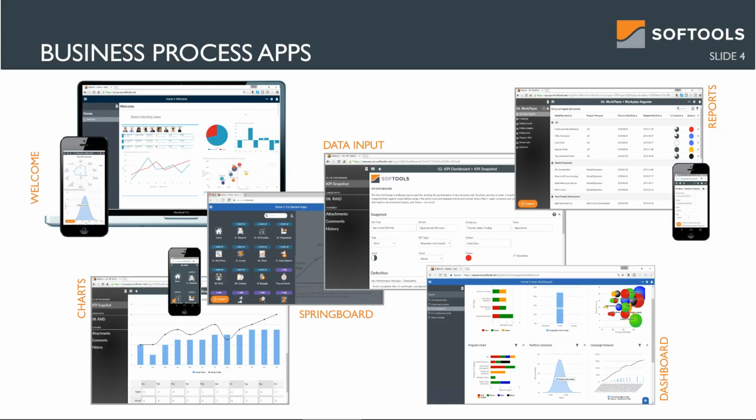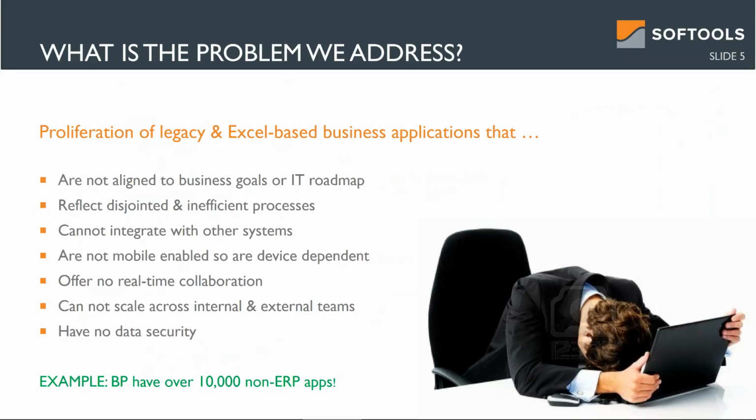is all about. In terms of the business problem we're addressing, I think for every organization we go into, we see a common issue, and that is that the business has grown over time, but it's grown often without investment in the right systems or processes to enable it to survive and grow. And often what we see is literally hundreds of Excel-based applications being used to manage some of the most important processes within the client. And this applies just as much to Coca-Cola or a company like BP as it does